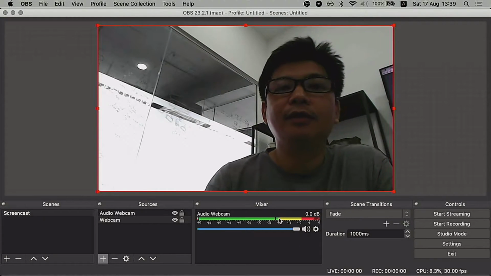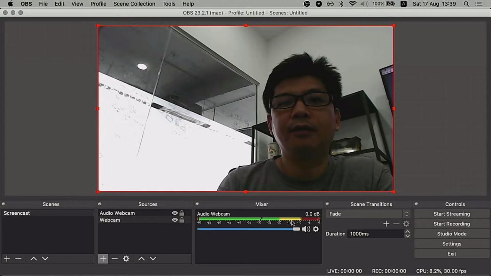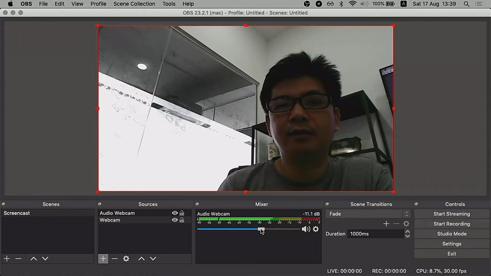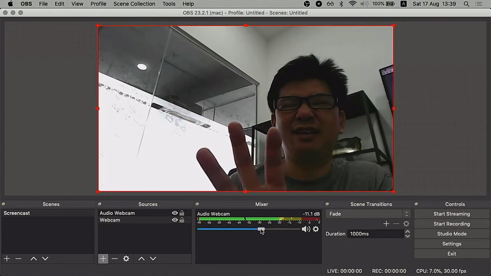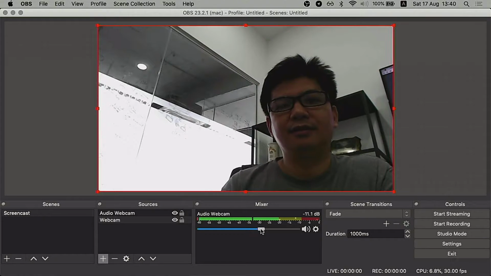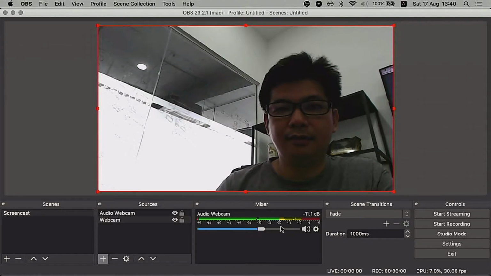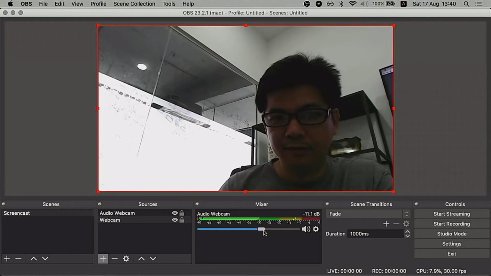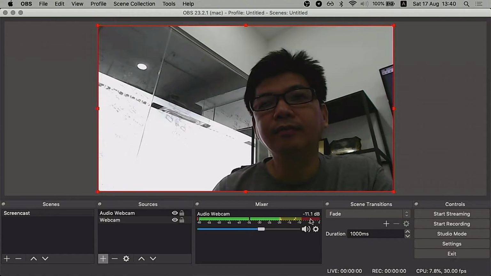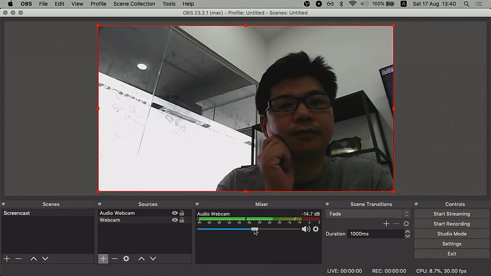Right? And if you notice, there are three colors: green, yellow, and red. Do not ever let your volume go to red. A bit of yellow is fine, but what happens if it goes to red is that you get what we call an overblown recording. Overblown is like overexposure. The sound goes like crack. Yeah. Similar to a photo, if you take an overexposed picture, it cannot be repaired. So it's fine if it's a bit lower, you can still repair it. But if it goes to red, sometimes that's why, if you notice, when I record, I actually monitor